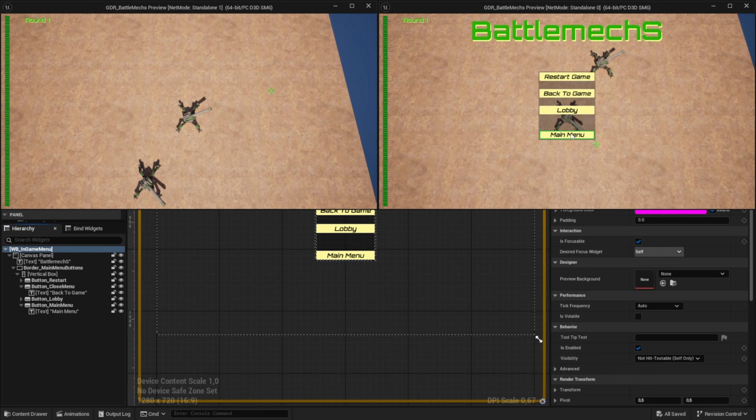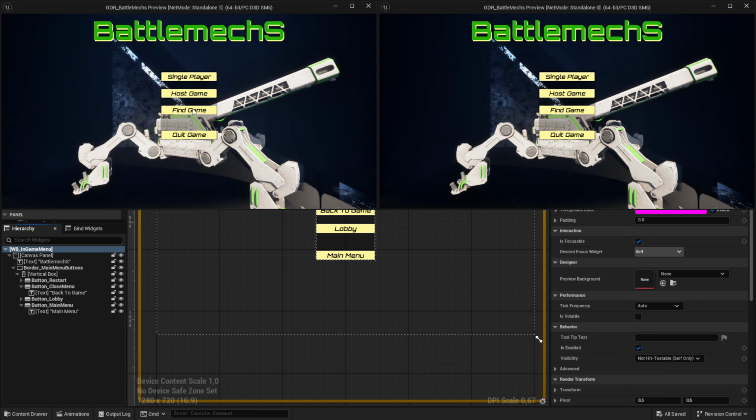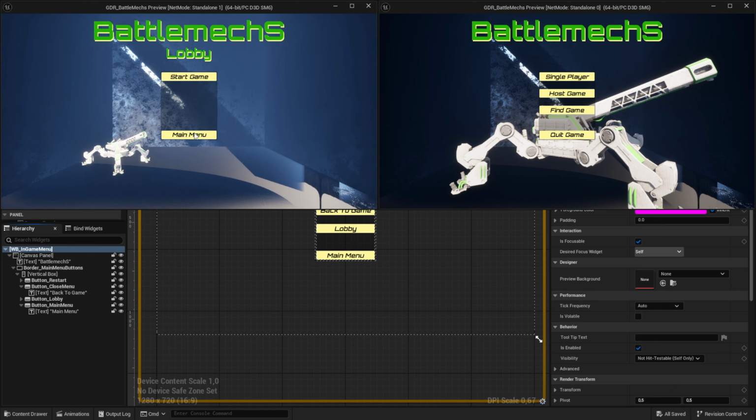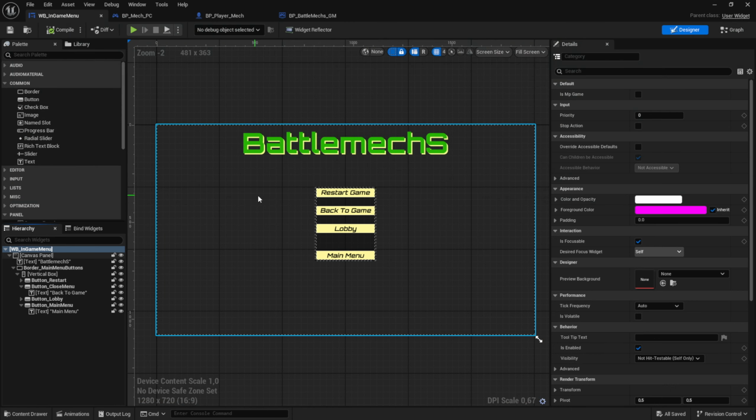So if the host goes back to the main menu, then it will go for the client first and then the host. And then the client should be able to host a new session. So that's also working. So that means the client session is successfully destroyed. Okay, nice. So we have the pause menu set up with all of the basic stuff and that seems to